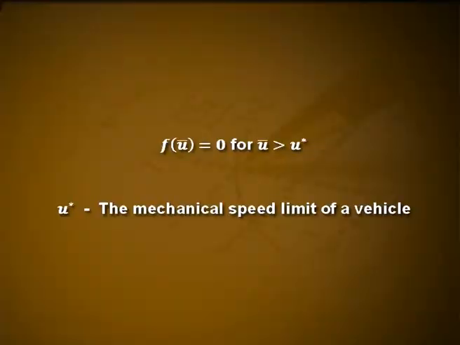We might comment on the fact that the integration extends to u bar equal to infinity. We wish to include all vehicles with speed greater than u in the integration. In any reasonable physical situation, we expect f of u bar is equal to 0 for u bar greater than u star, where u star is the mechanical speed limit of a vehicle. By taking the upper limit of integration to be infinite, we bypass the uncertainty of the exact value of u star.